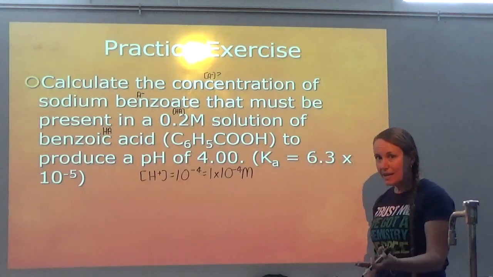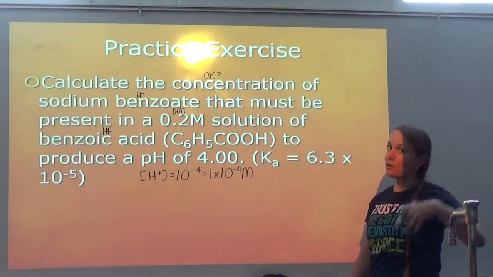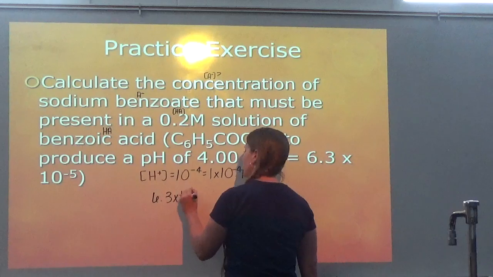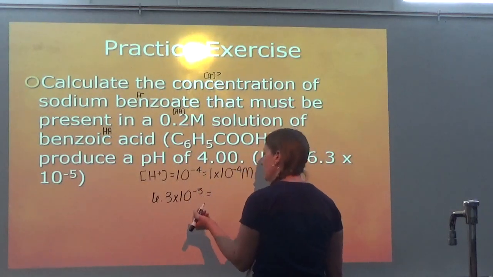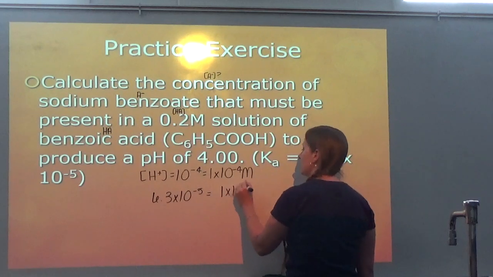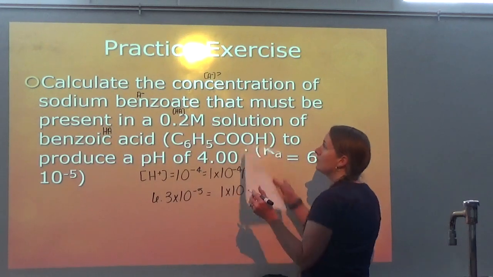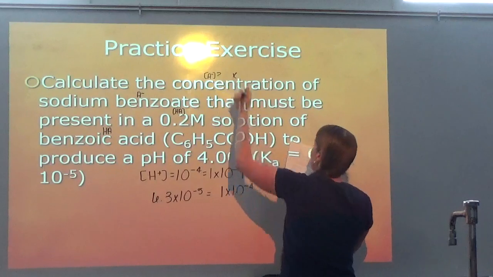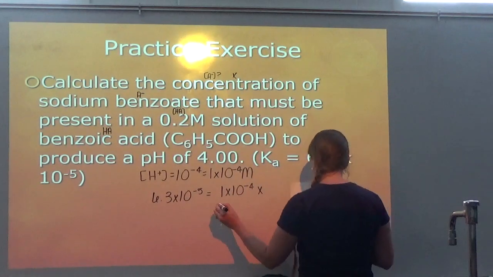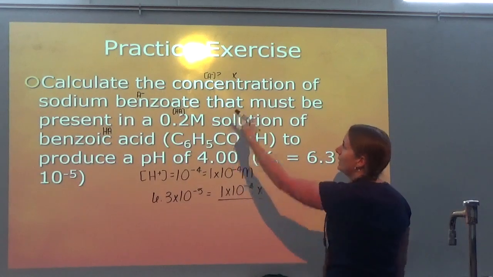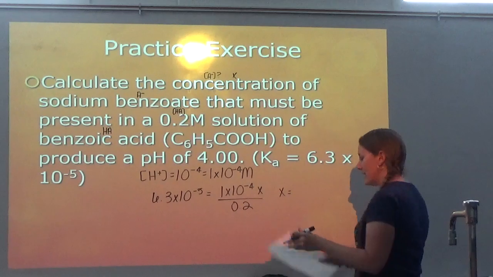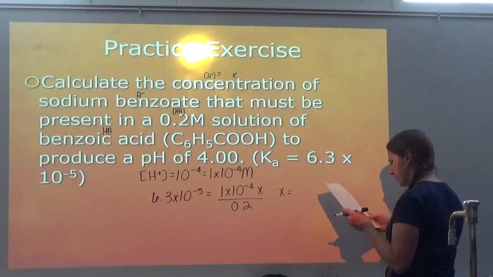So Ka equals H plus times A minus over HA. I take my Ka and I do 6.3 times 10 to the negative 5 equals my H plus, which I decided is 1 times 10 to the negative 4, times my A minus, which I don't know, which is just X, and then over my HA, which is 0.2. So once I solve for X, I end up getting